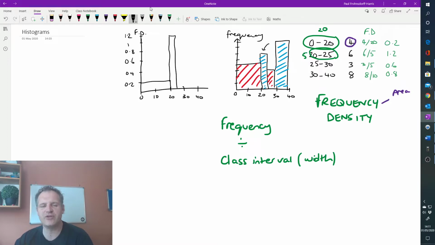And what this means is, even though it's 0.8 here, that bar is bigger because it's got 8 as the area. Remember, it's the area that is the frequency in a histogram. And this one was 0.6. And that's 3. Even though this one will be higher because it's got the highest density of people in a